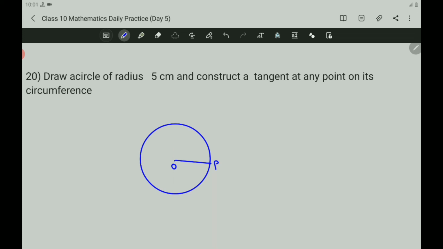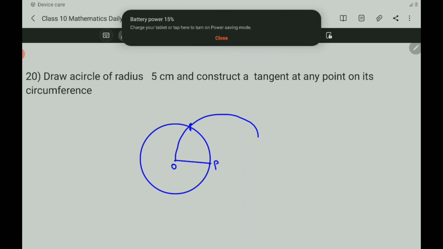And also you know the method of drawing the perpendicular that you have learnt in the previous classes. So how will you draw the perpendicular to this OP at a point P? Here it is very simple. With OP as a radius, this is already taken, draw a curve. Here with P as a center, with OP as a radius, draw a curve. And here you will get a point of intersection of that curve, and with that point as a center,